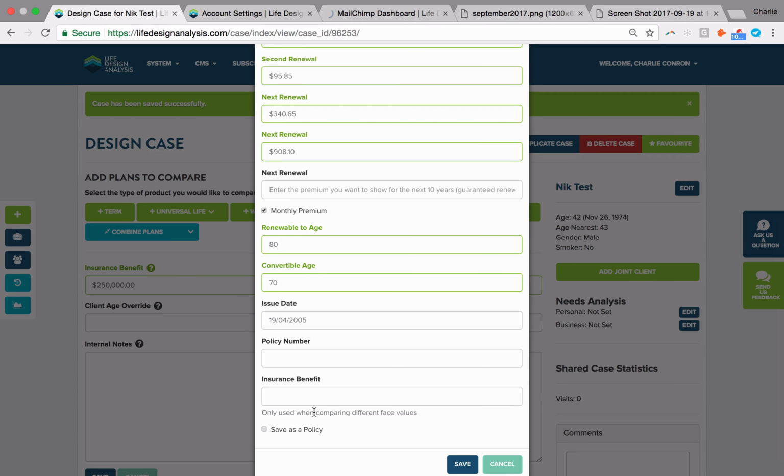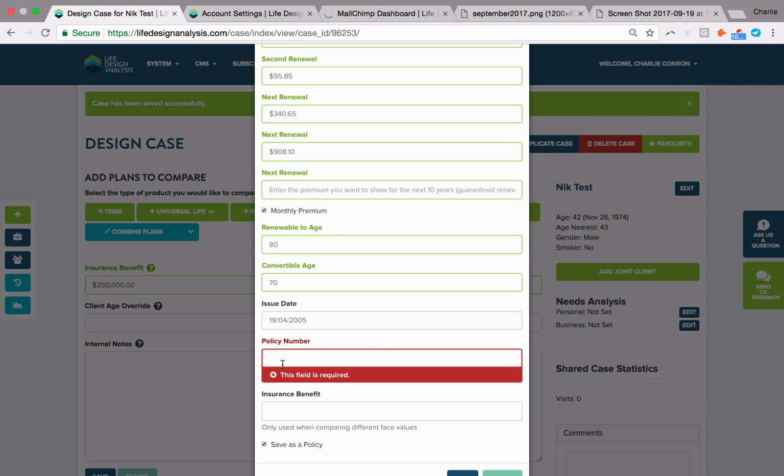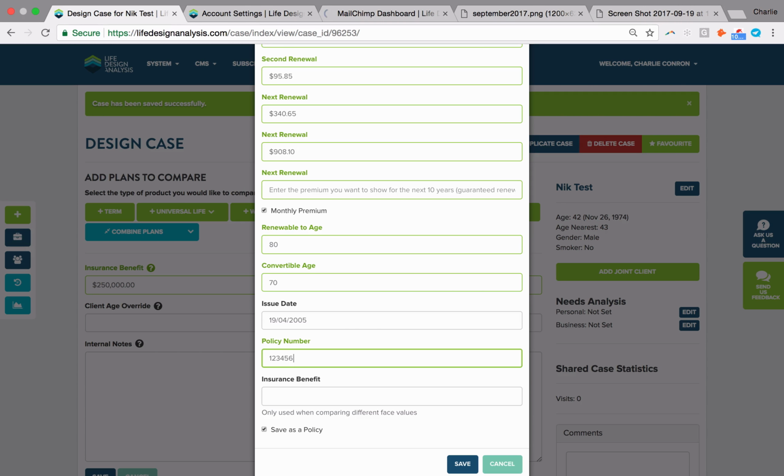Now, the other thing that I really want to highlight is there is a checkbox here at the bottom for Save As Policy. If you're entering this for the first time, you do have to enter the renewal schedule, but if I click Save As Policy, it'll save all of this to the client file, so I never have to enter it again in any other renewal. And I'll hit Save. Oh, and it's looking for a policy number. So I'll just give it 1, 2, 3, 4, 5, 6, because again, I removed this one. And I'll hit Save.